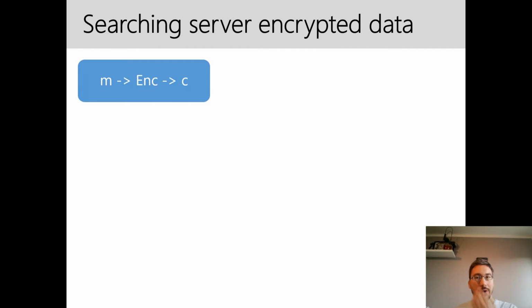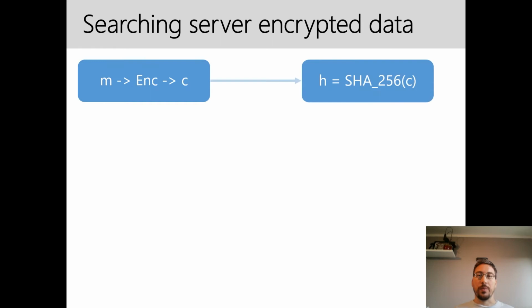So this is a way of narrowing your search space. Basically, you partition the encrypted data. So first, you have a message M. This is a clear text, basically the text that we encrypt, and we encrypt it into the ciphertext C, right? Now, we take a hash of this